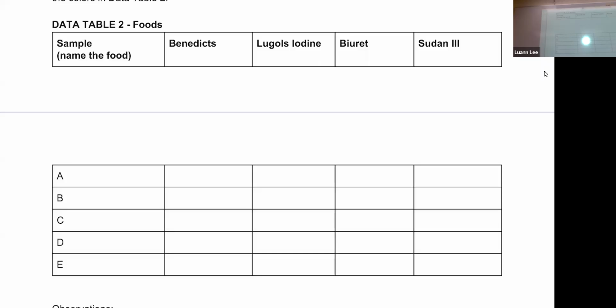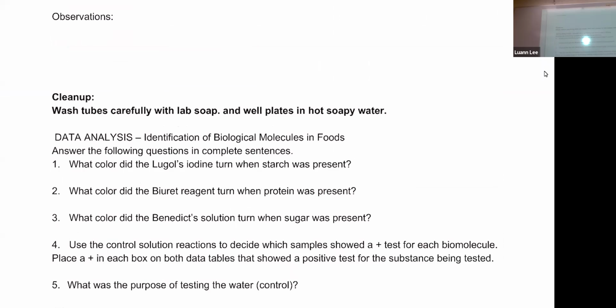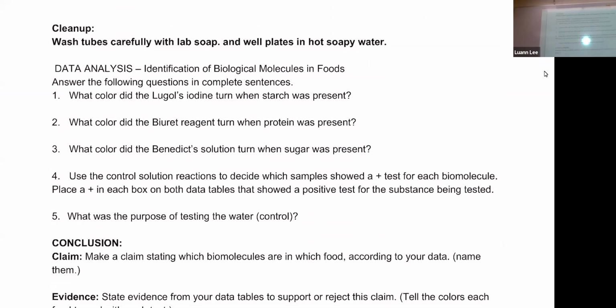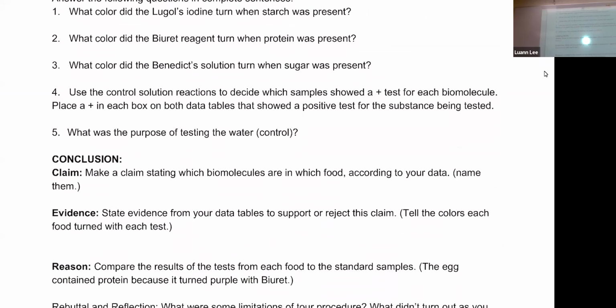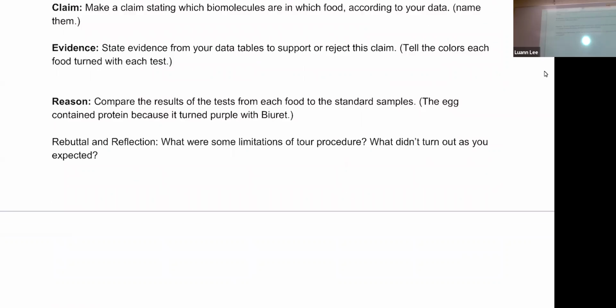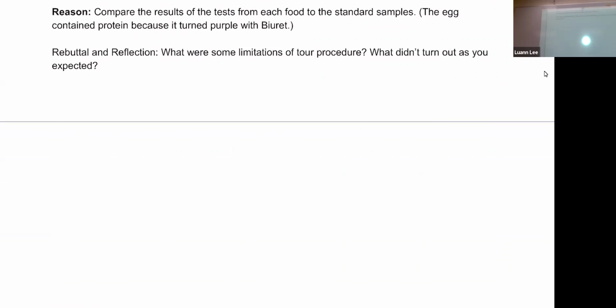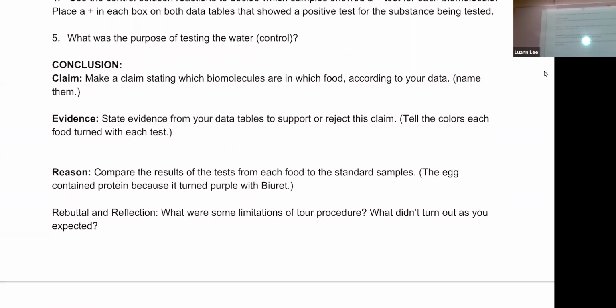And then so you can do the same thing with the unknowns. Now, after the first day, or even pretty much now, you'll be able to go through some of these analysis questions. You can answer what color things are supposed to turn. You might have to wait till tomorrow. You can do those. The conclusion is going to be plain evidence reasoning again, just like your pH one. It should be a lot easier because you're going to look at your results at your chart. And you're going to say, well,